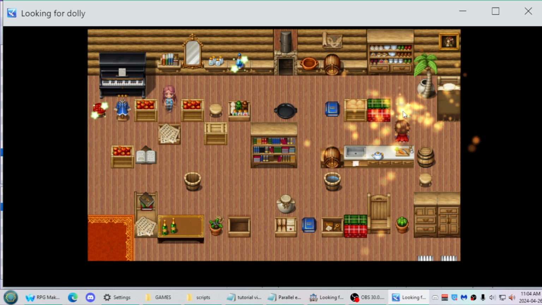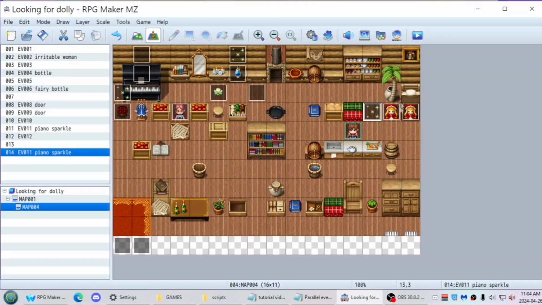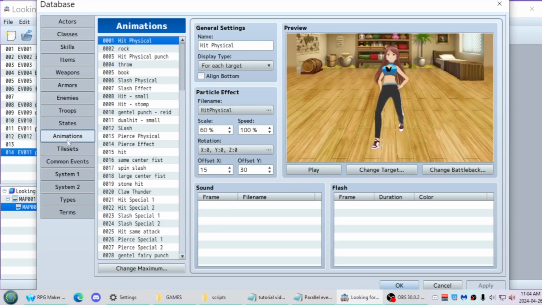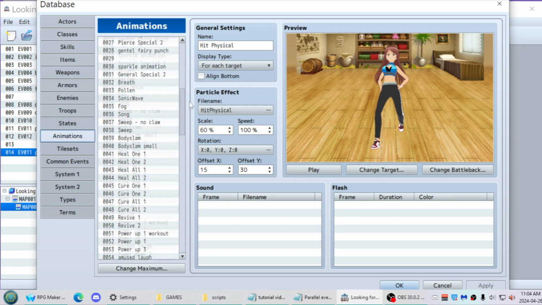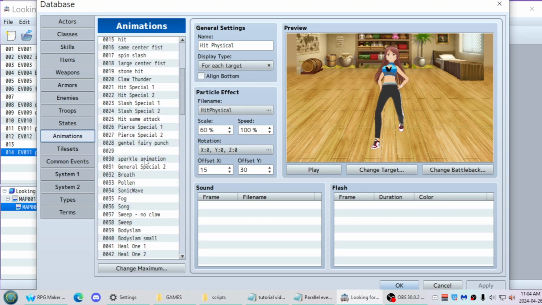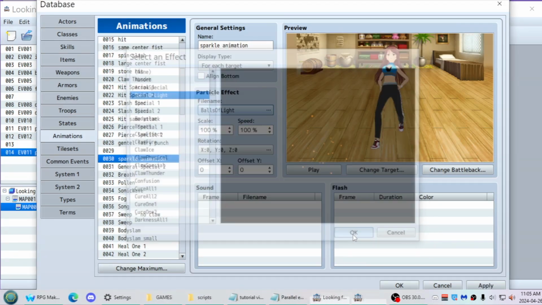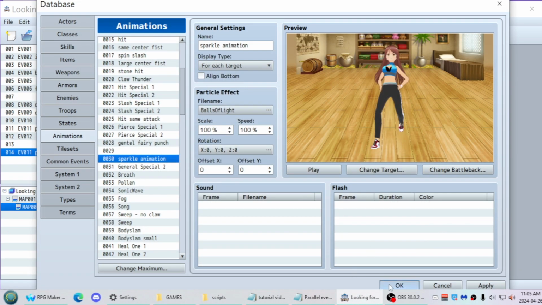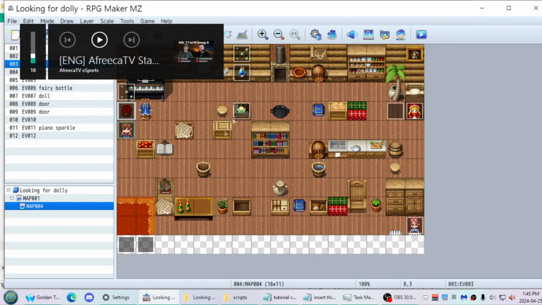Now, as I was doing this, I also realized that this is a cool trick and shortcut for playing animations on screen. However, this is only limited to the animations that you have built into the game engine, unless you use effects here or something to make your own custom animations. So what I did was I set an animation specifically for this, an animation slot where it played this effect, blue balls of light, and then that's how you get that effect on there, by calling up that event. So next,